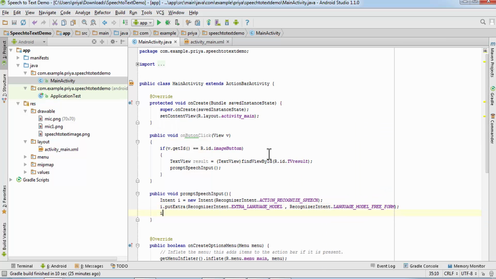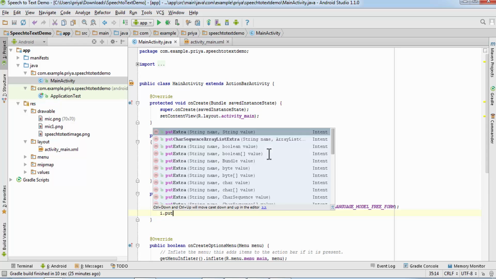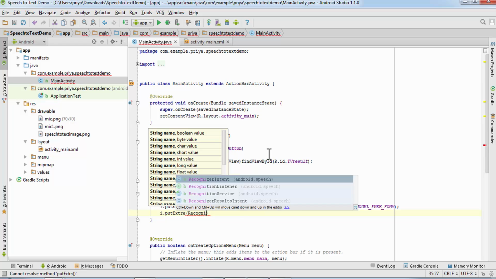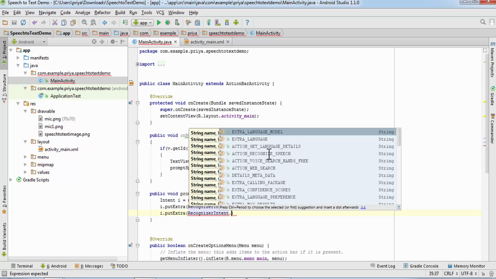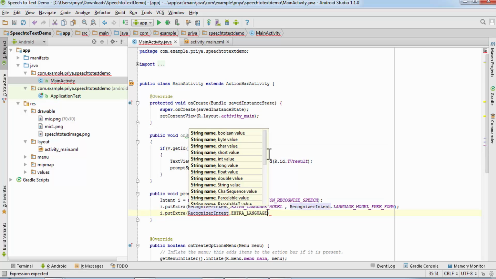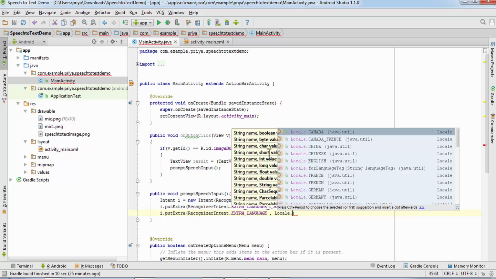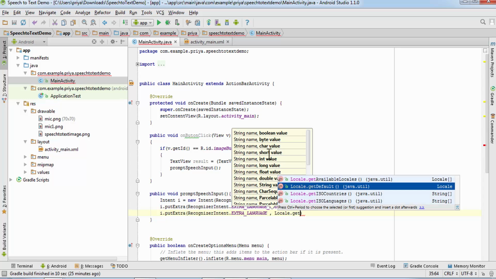One more time, i.putExtra, RecognizerIntent.EXTRA_LANGUAGE, comma, Locale.getDefault.